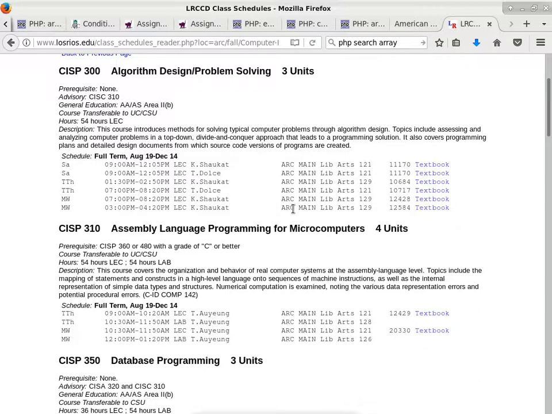So the ordering doesn't have to be CISP 300 and then 410. It can be reversed. Some people take the 410 class first, this class, and then they say, well, I want to learn more about how to break up the logic of a particular piece of code into smaller chunks so it's easy to maintain, and so on. People go back and take CISP 300. So it's a good class to help reinforce the concepts that you have already learned in this class, but it also helps you develop the problem-solving skills to analyze bigger problems, things that are bigger than what we're dealing with here.